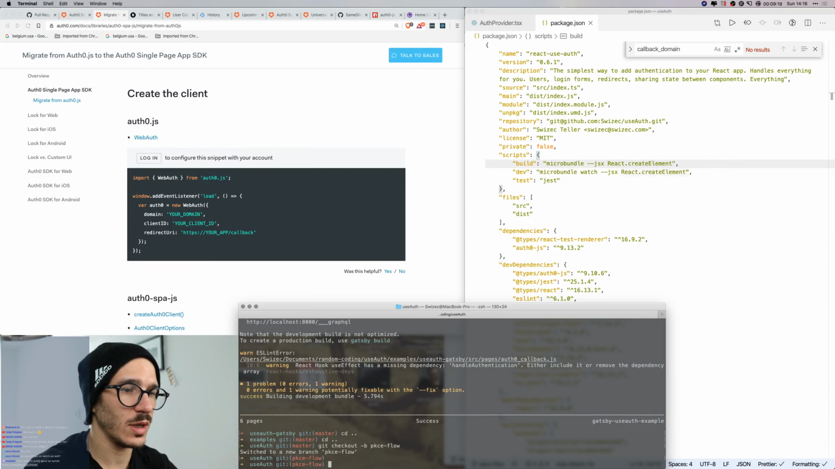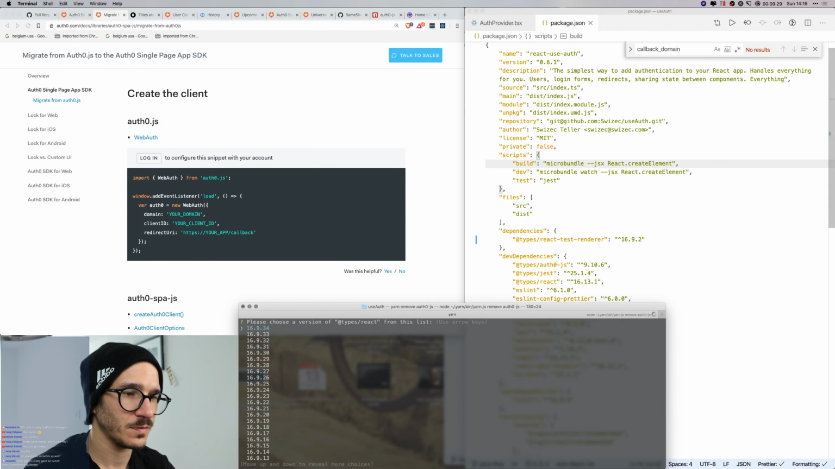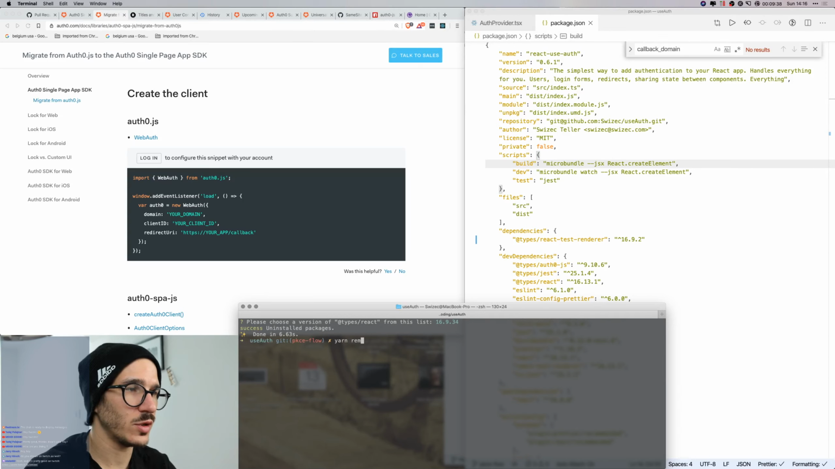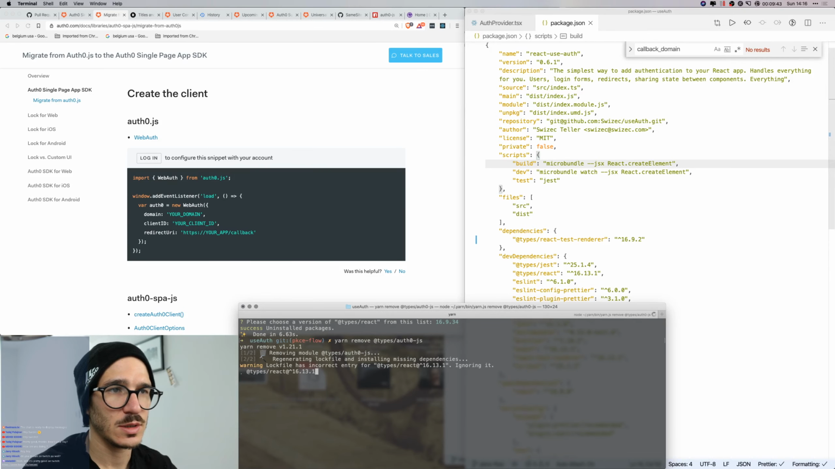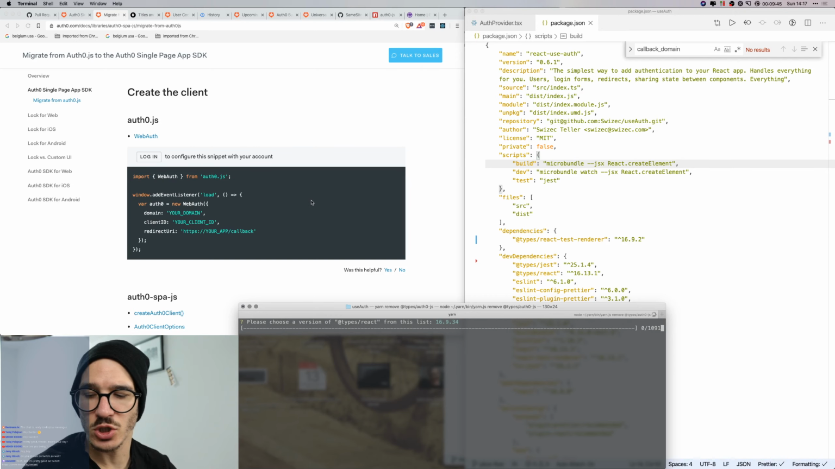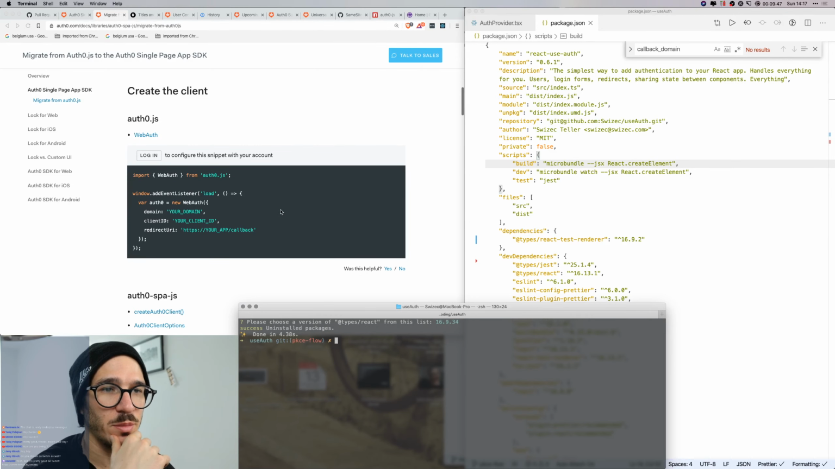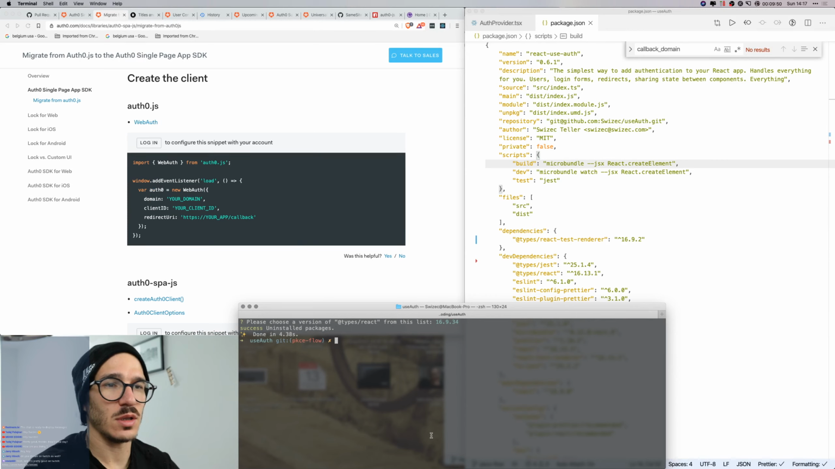We're going to add, let's do yarn remove auth0-js. Sure, use that one. Okay, removing auth0-js, and we also yarn remove @types/auth0-js. And this might be a breaking change, so we're gonna have to really make sure that stuff works. And then we're going to yarn add auth0